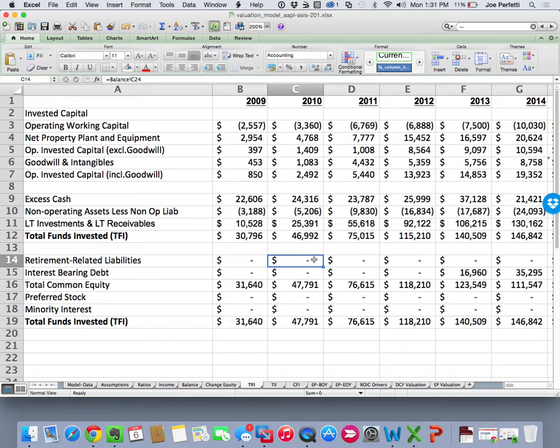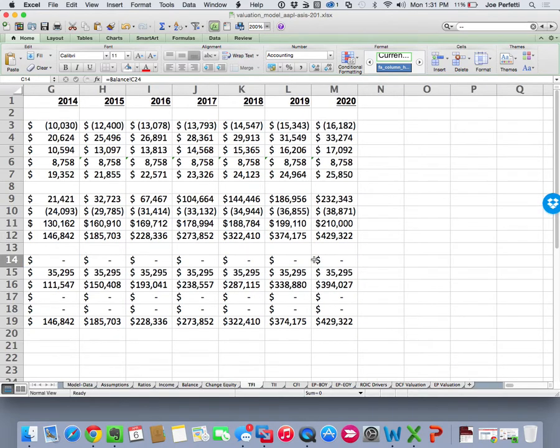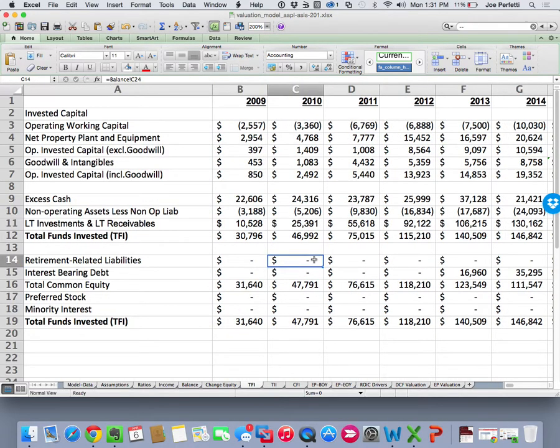So here's the other thing. They balance in the future years, but they don't balance in the historical years. And we're using the McDonald's template. So what could likely cause that is that Apple has something on their balance sheet that McDonald's didn't. It was 0 for McDonald's. And so therefore, when I plugged it into the balance sheet for McDonald's, it was 0,